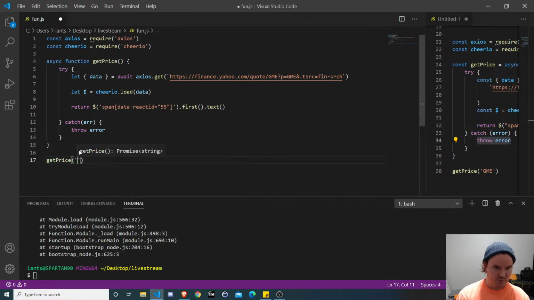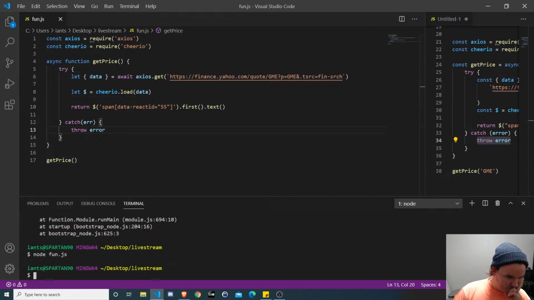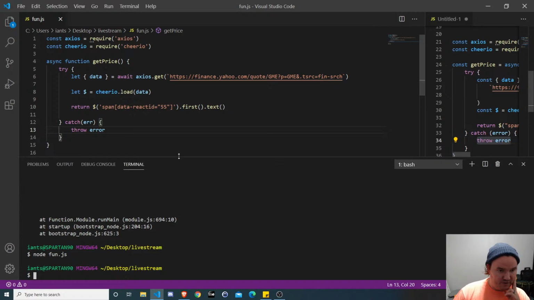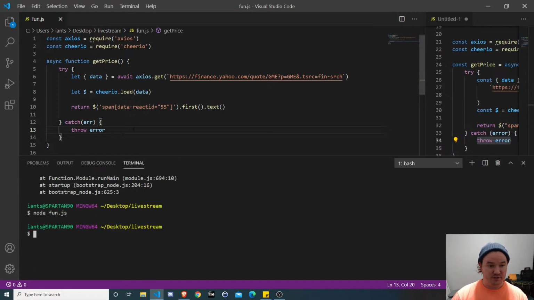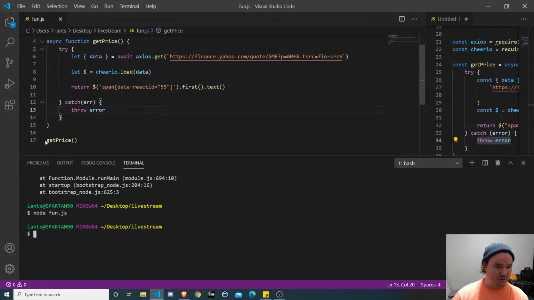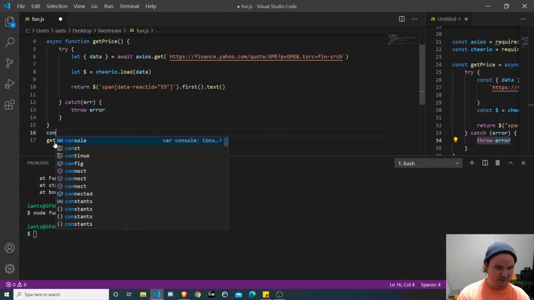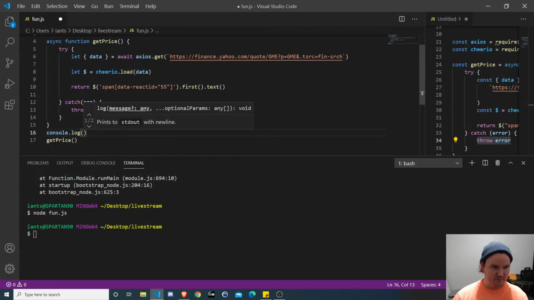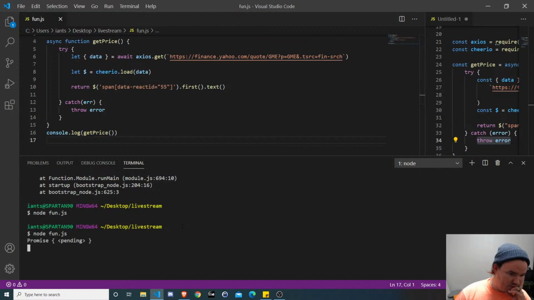Let's just try getPrice. It doesn't take an argument. All right, so that one didn't do anything, which is a good thing. No more error, right? So now if it's returning something but we're not seeing anything, let's go ahead and log whatever it's returning, and then cross our fingers and see.